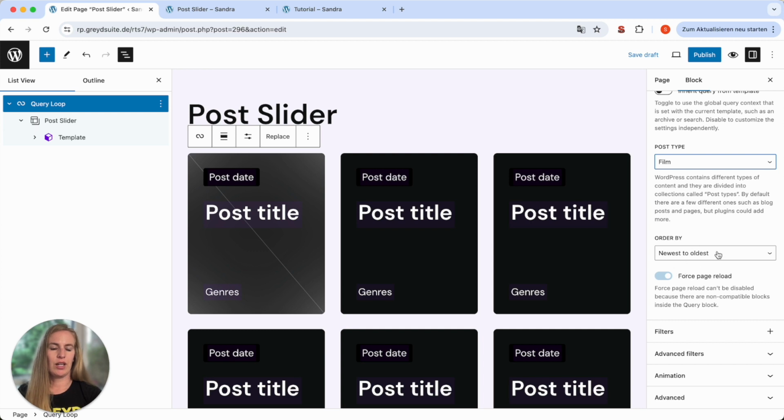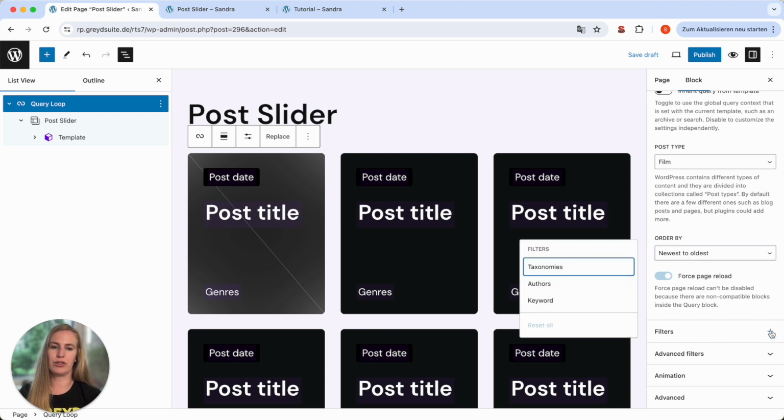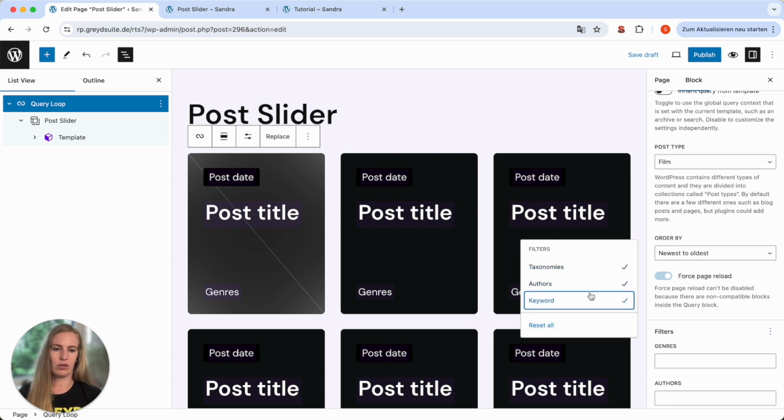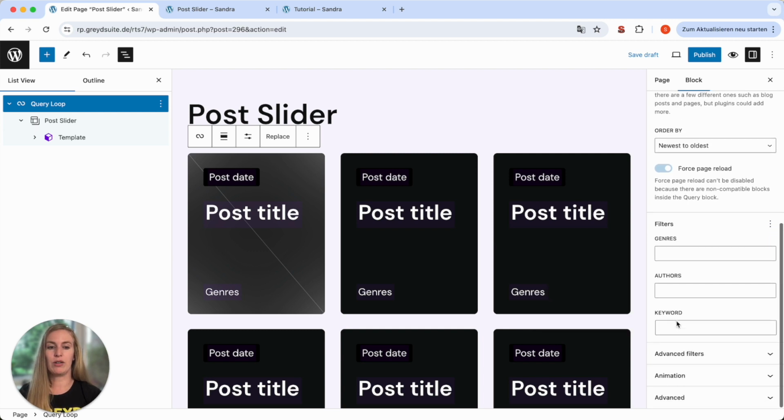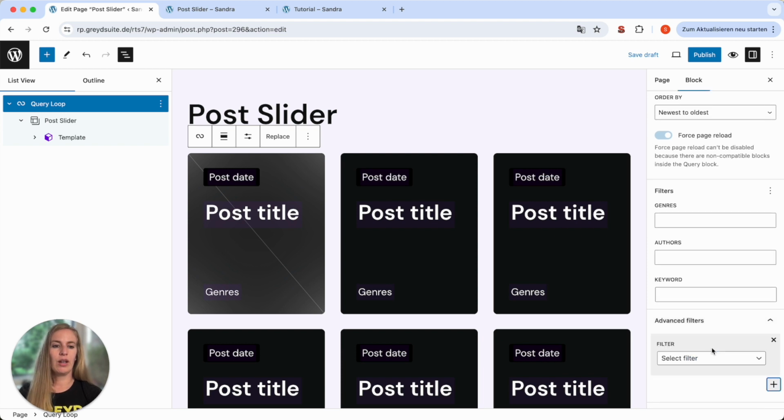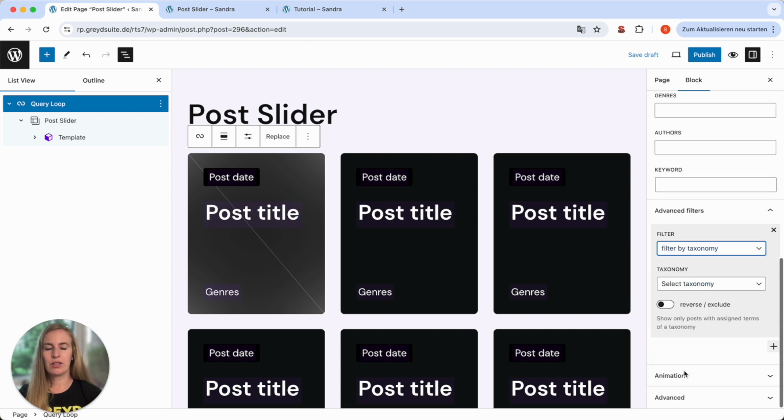Then you can say in which order you'd like to show your posts. And then you can further narrow down which posts to display with filters. For example, you can filter by taxonomies, by authors, and or by keywords. And if this is not enough, we offer you a lot more advanced filter options here. Again, you will find, for example, taxonomy here, but in more detail.